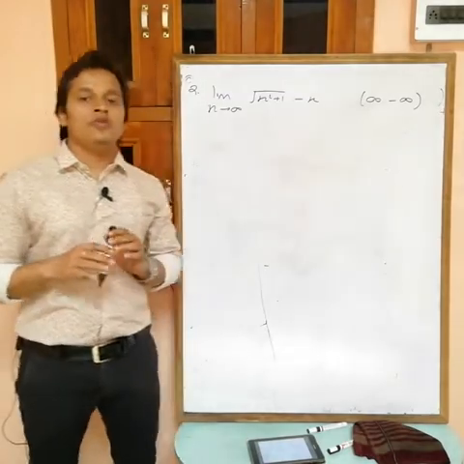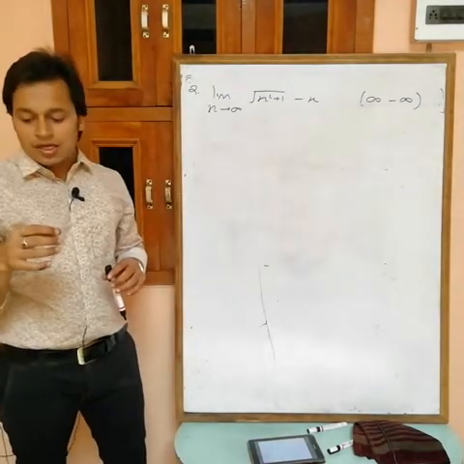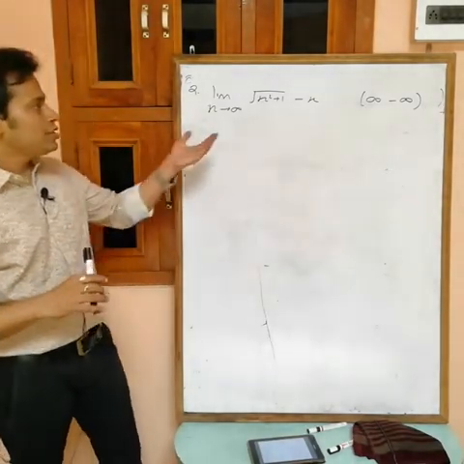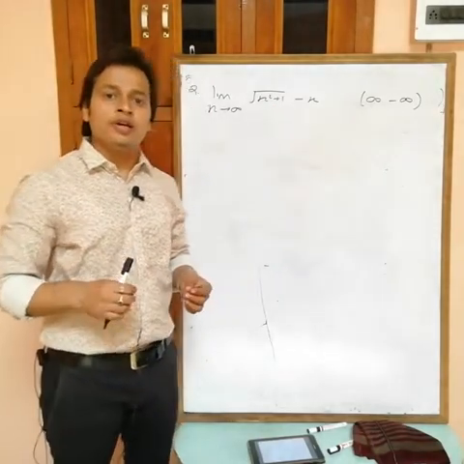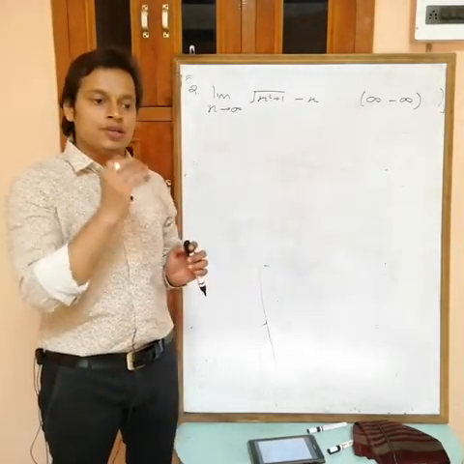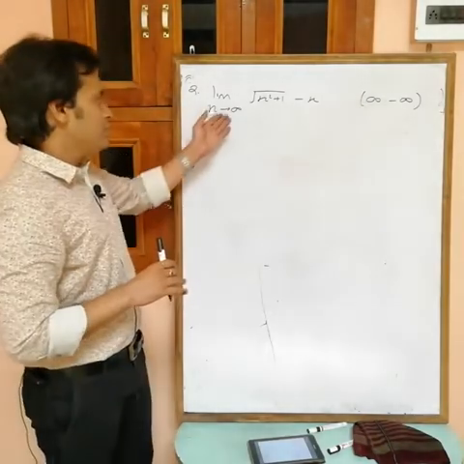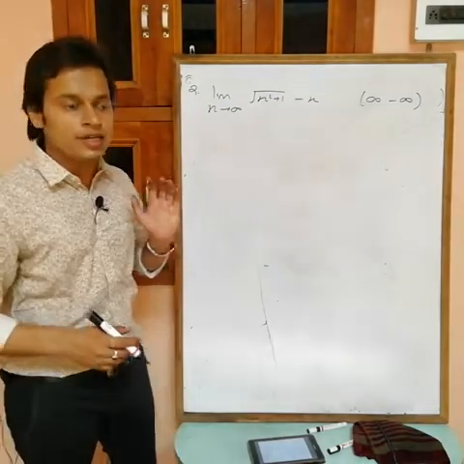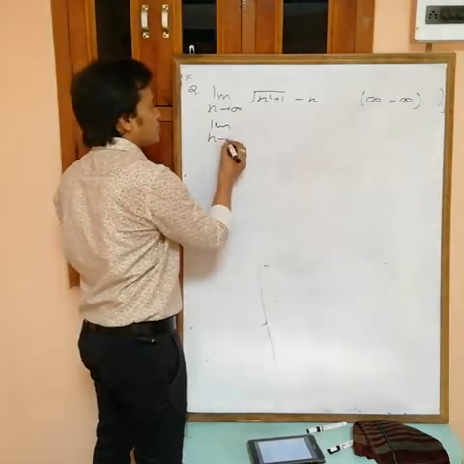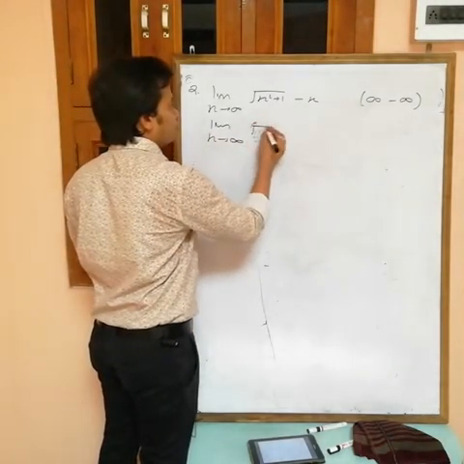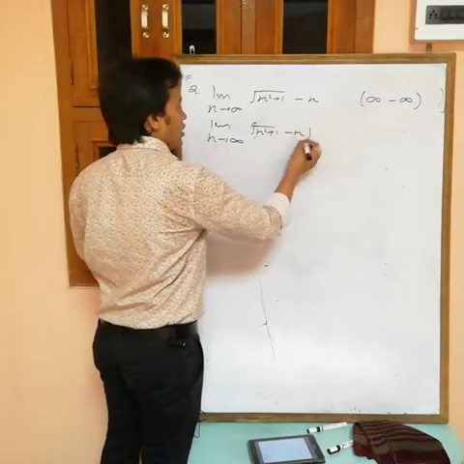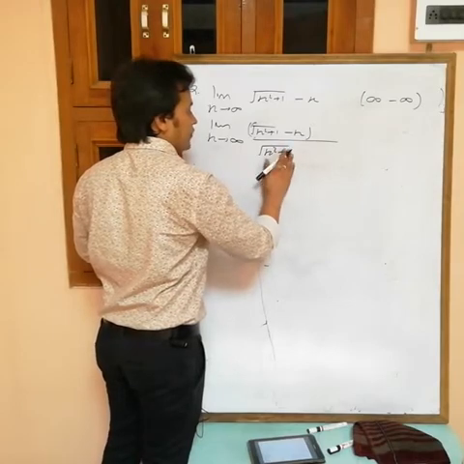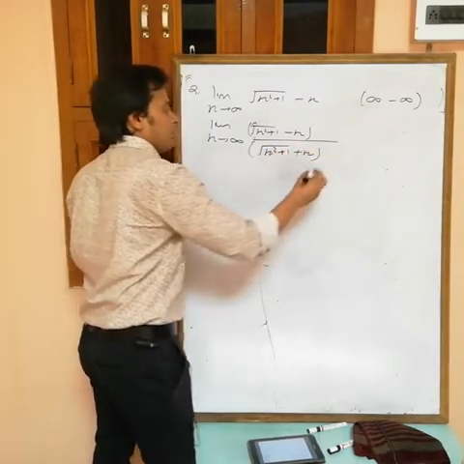Now how to solve for infinity minus infinity? Actually try to write this one in terms of f(x) by g(x). It means take LCM, but there is nothing in denominator. How can I take LCM? Okay, then rationalize if possible, because I want this one as function by function. Because here infinity, now I will take common highest power of x. For that I want f(x) by g(x), so I am rationalizing this one. x tending to infinity root over (x square plus 1) minus x. I am multiplying with root (x square plus 1) plus x in denominator and numerator both.